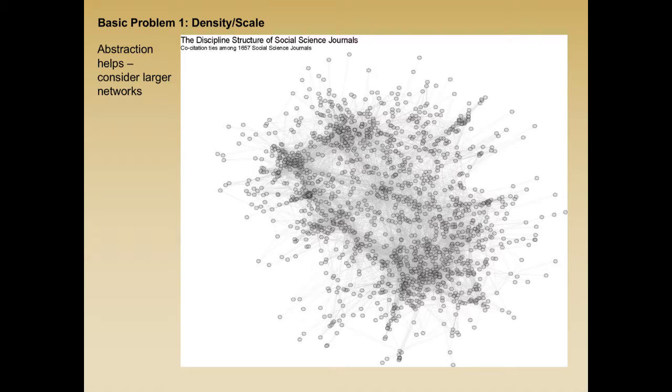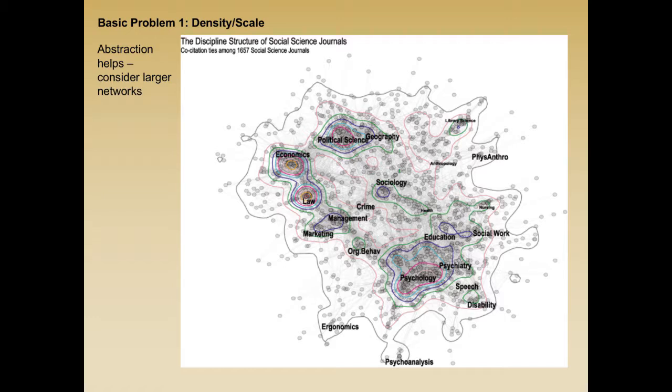And you can layer over this a contour map. And a contour map lets you see the kinds of fields that are closely tied to each other. By looking at the contours, you get a sense of what types of elements pop out. And because these are journals, this maps disciplines, right? So here you have economics and law down one side, political science up here, elements that deal with the mind, with psychology, education, and so forth. Management is the link between economics and the mind, and the worlds and meanings over here in anthropology and so forth. And sociology fits right in the middle.